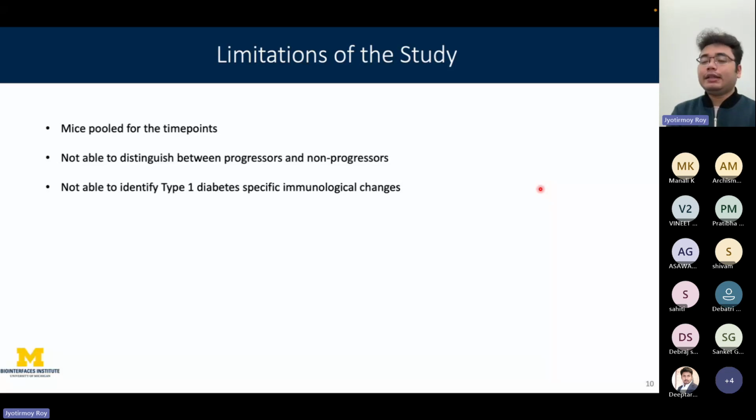When they're taking these mice at 4 weeks, 8 weeks, or even 15 weeks of age, they are not yet showing high blood glucose levels because they have no symptoms, they're just at risk. So when you are pooling all of them together, there will be some mice which were not going to progress to type 1 diabetes and were going to remain healthy throughout, and some of them were going to progress. So you are putting both the control group and the